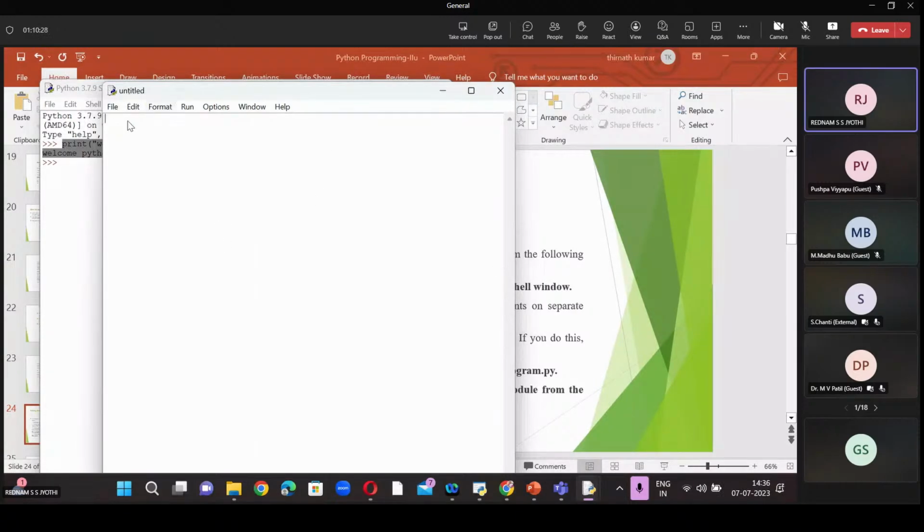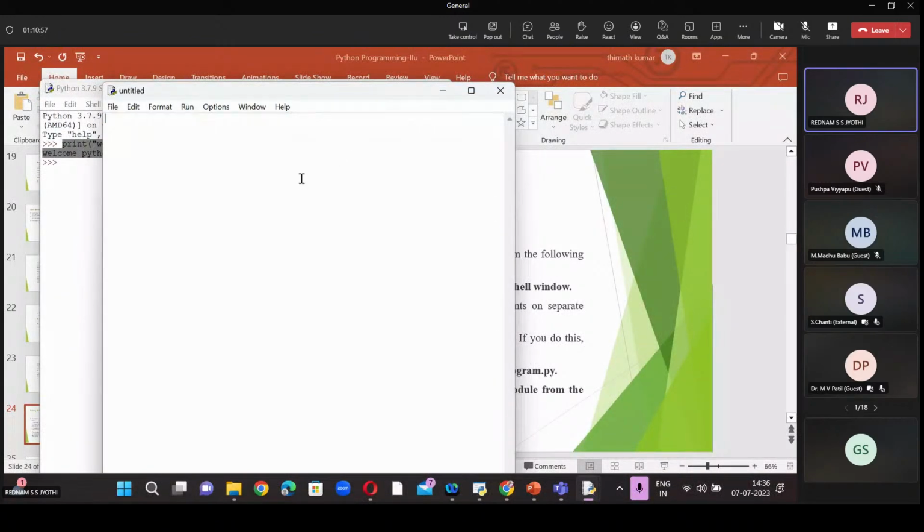After writing the source code, we will save the program, and there is a Run tab. In that Run menu, we have Run Module. After clicking Run Module, if any modifications are there in the source code, it asks whether to save before running, and then it displays the result.